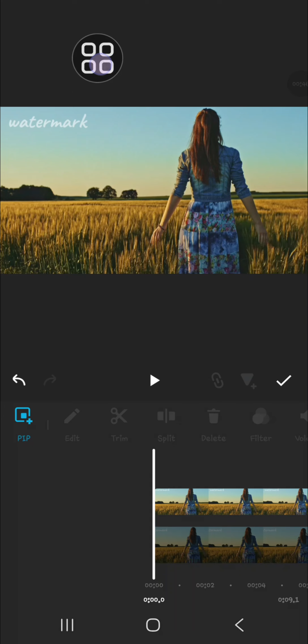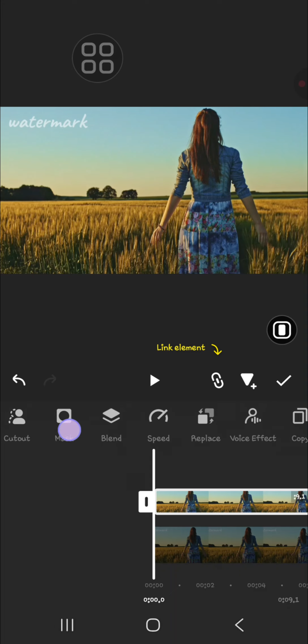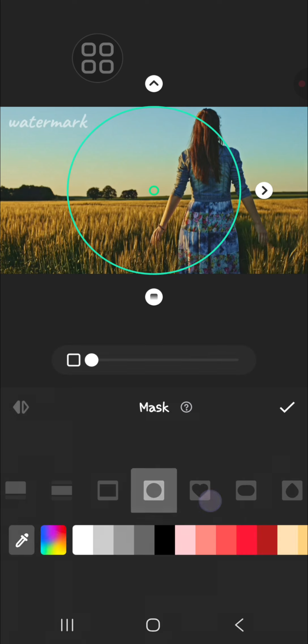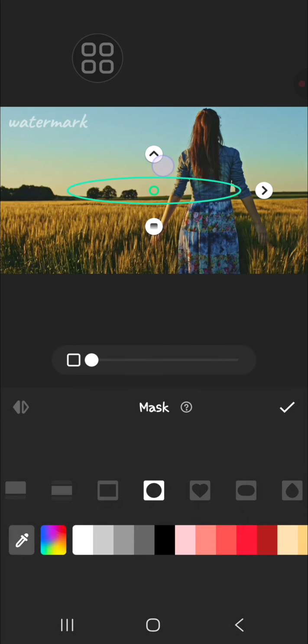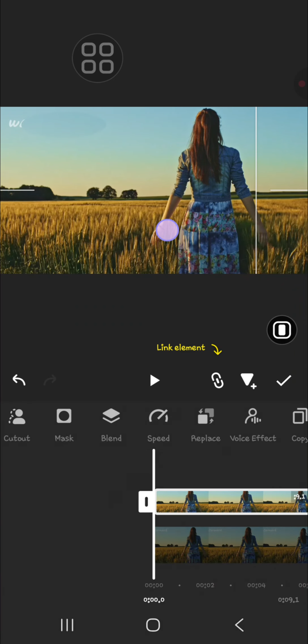Okay, I'm gonna remove this text from my video, so click on the second layer and then you're going to select mask, choose the shape of the mask. I'm gonna go with the circle mask and then we can adjust the size, and you're going to take another part of the video to cover the unwanted text. I'm going to take this part and click on this check mark, and then you're going to cover the text,